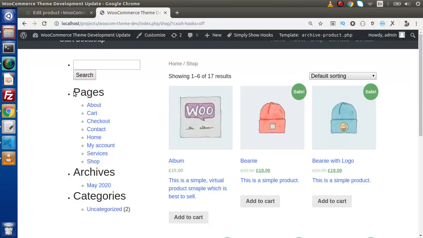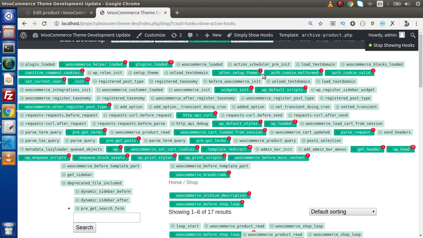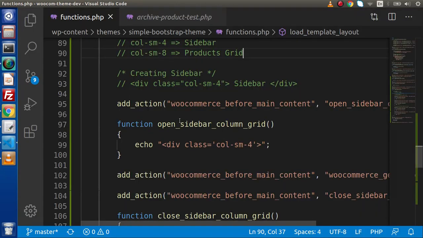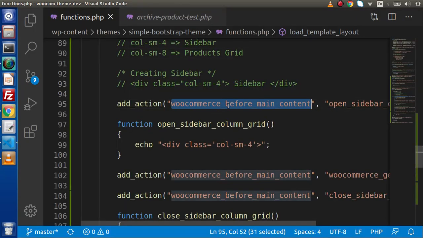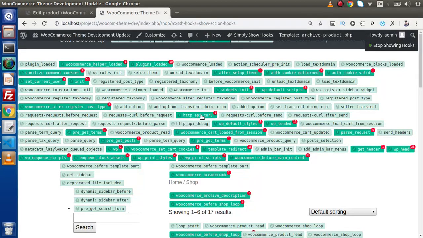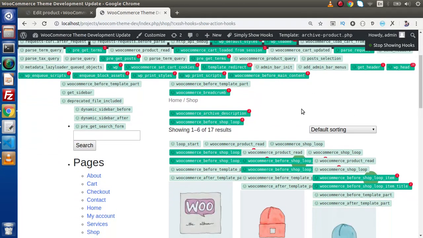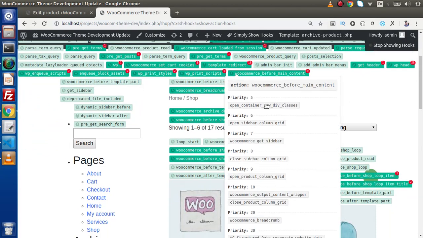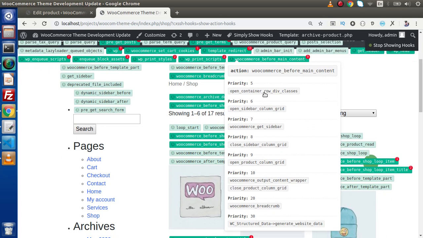simply go to the front end and turn on show action hooks. Inside this, as we know, the action hook we have used is called woocommerce_before_main_content. Back in the browser, inside here, this is woocommerce_before_main_content. Now if I hover, we can see that at priority number 5 we are using this function. If I zoom in a little,